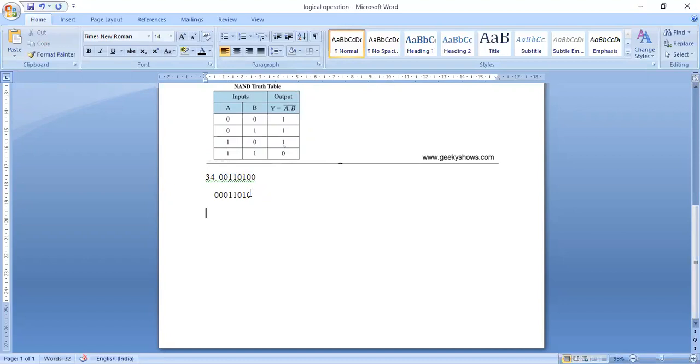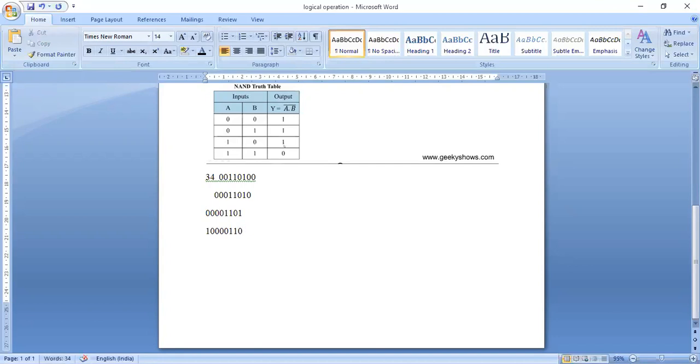So again this LSB will go to MSB. So it becomes 0, and the remaining value is 0, 0, 1, 1, 0, 1. So this is the second rotation. And again the third rotate right. Again LSB is 1, and that comes to MSB after doing rotate right. So 1, and the remaining values become 0, 0, 0, four zeros, and 1, 1, 0. This is the third rotate right.